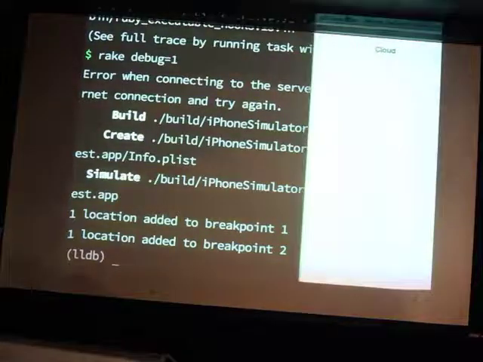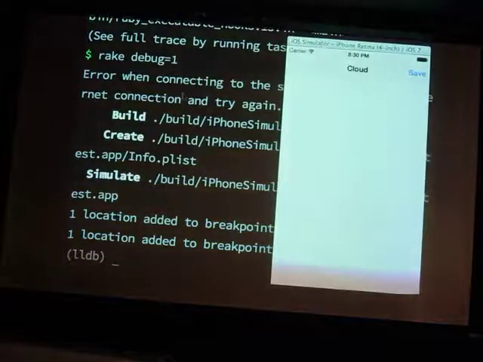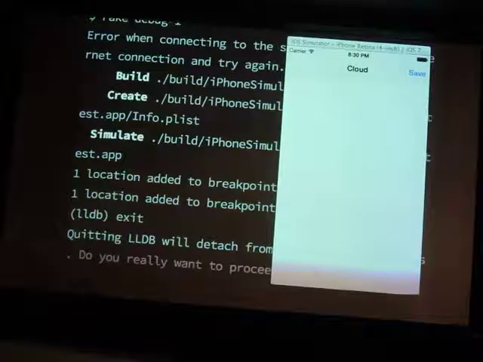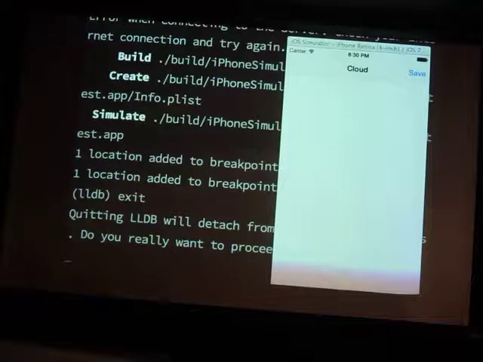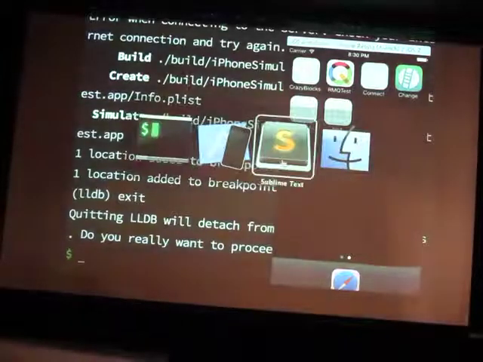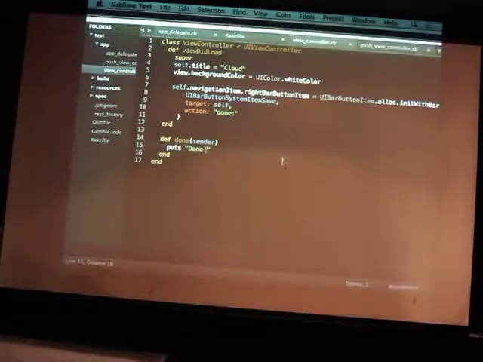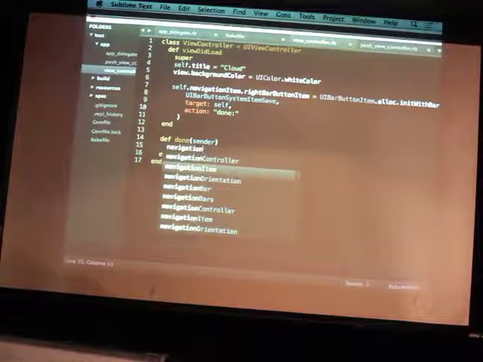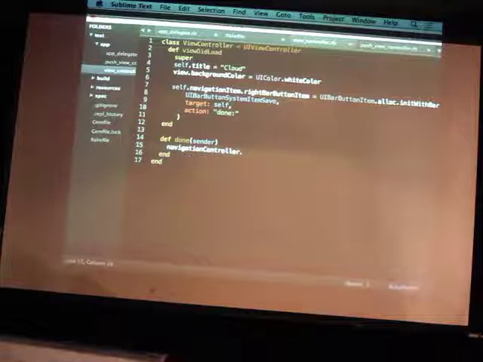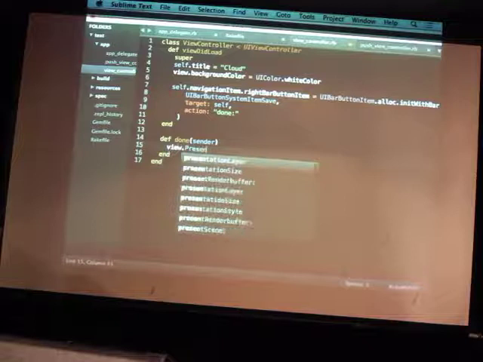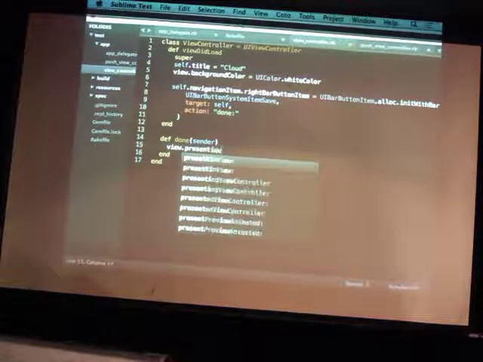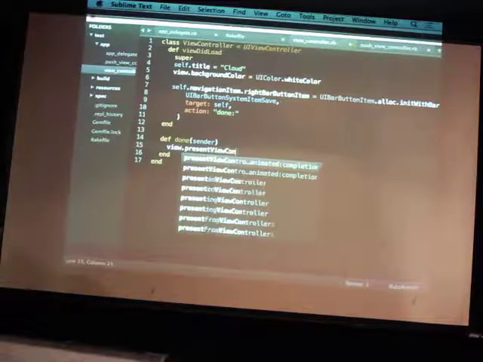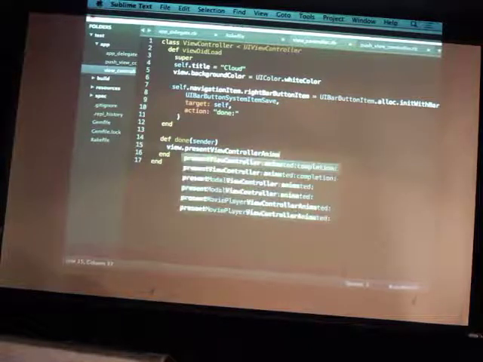Xcode is actually quite a little bit. It just means that you can set the breakpoints to the UI. But I was specifically using it the other day because I wanted to